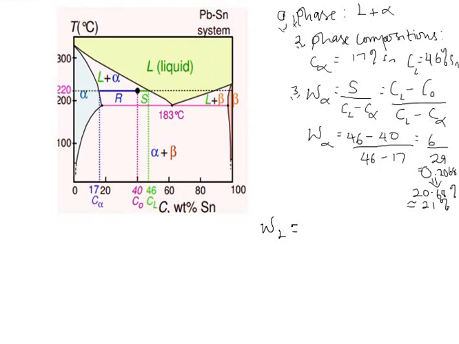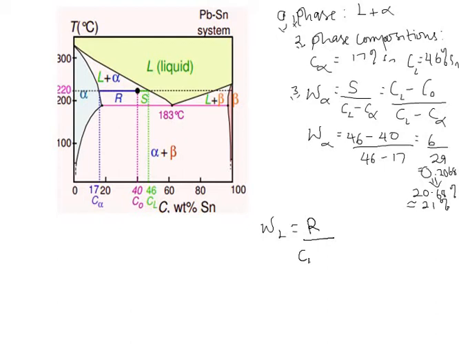There are two ways that you can go about it. You can either just subtract this 21% or 20.68% from 100%, or you follow the long method. For this one, I'm going to follow the long method, while for the second example, I'm going to just subtract from 100%. So from the diagram, our WL is going to be the distance R